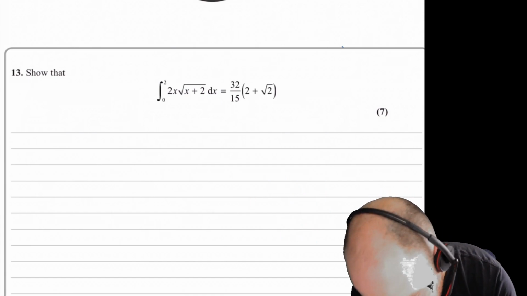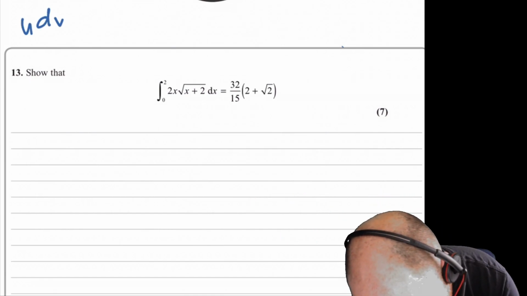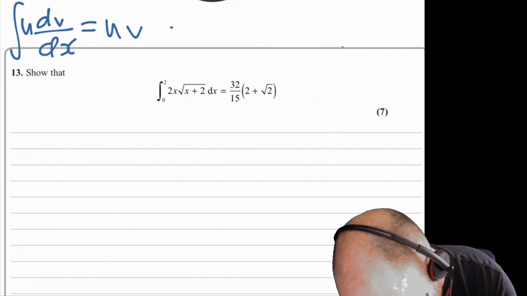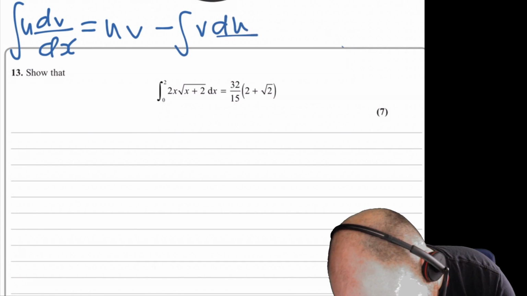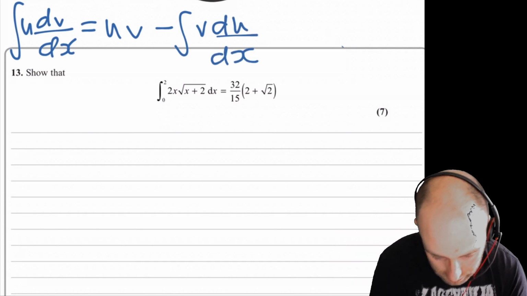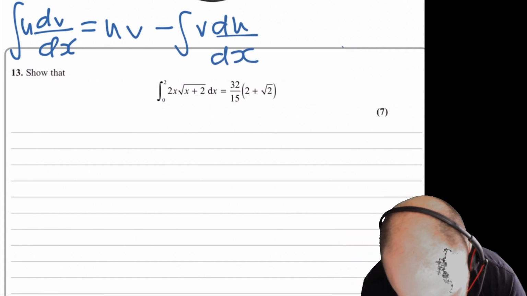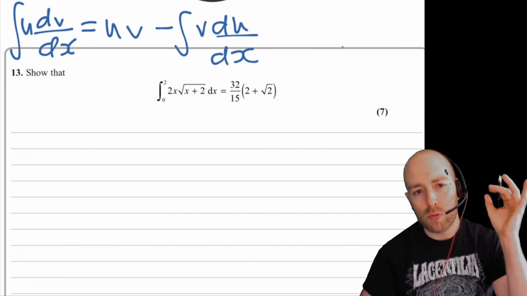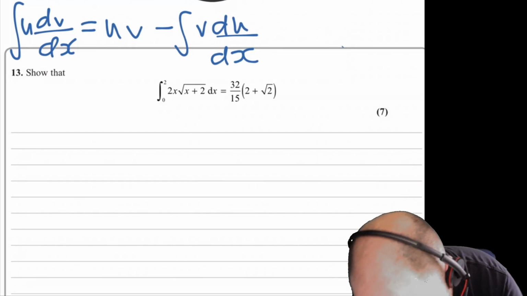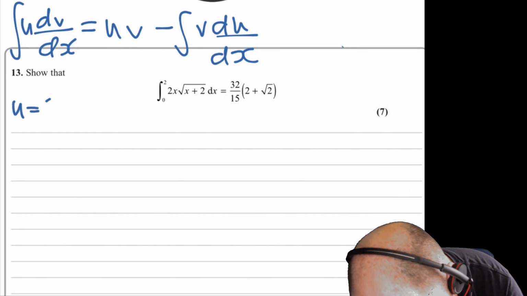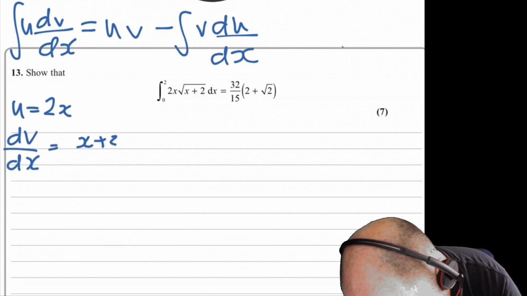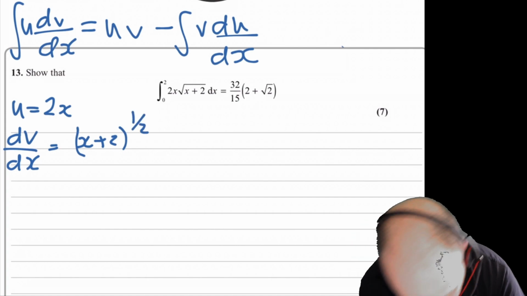So the by parts formula, integral of u dv dx equals uv minus integral v du dx. So u is LATE, so I'm going to go for 2x as u, because then that will reduce to 2, and then we've done the integral. So u equals 2x, dv dx is